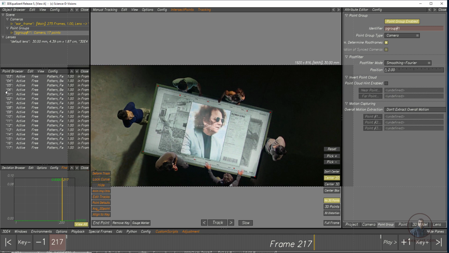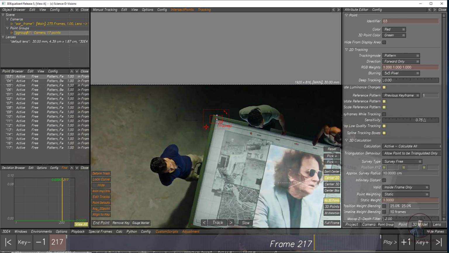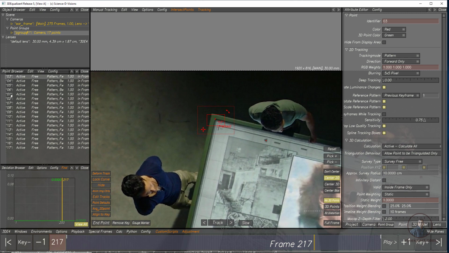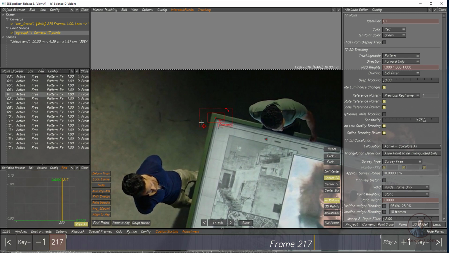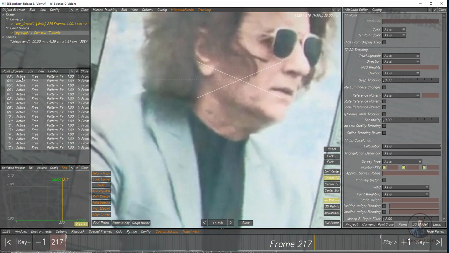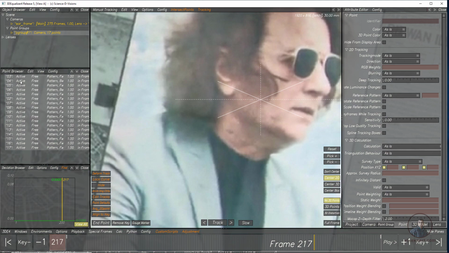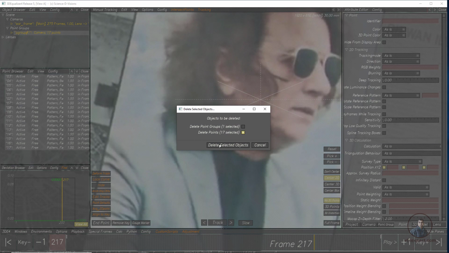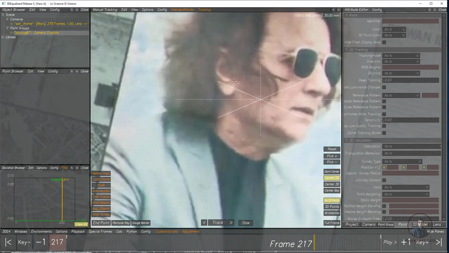Now you will see some points are also added here. Easily you can see here, this point, and if you select the first one, near this point there are other points. So duplicates are here, with a little bit of space. So I have selected and deleted all these points from here, right click and delete. So I deleted all 17 points you had.